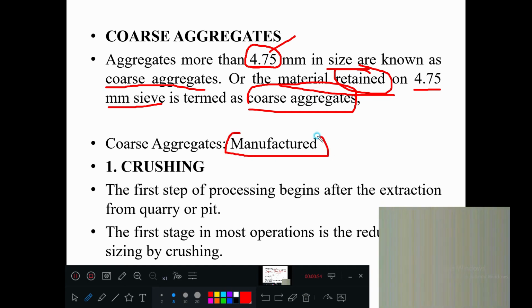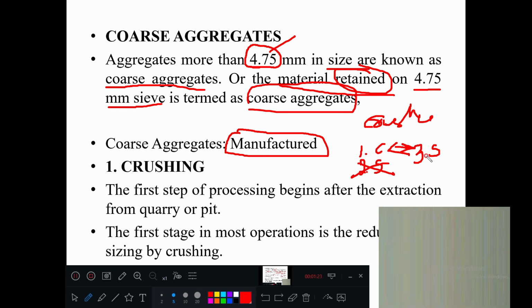So how are we going to manufacture them? There are crusher plants. Have you seen any crusher plants near your place? There the general manufacturing of aggregates takes place. We have three different steps. First is crushing. Second is scalping, and third is the screening process. Crushing and screening are the two major processes, and scalping is a sub-part. Concentrate on these two only: crushing and screening.